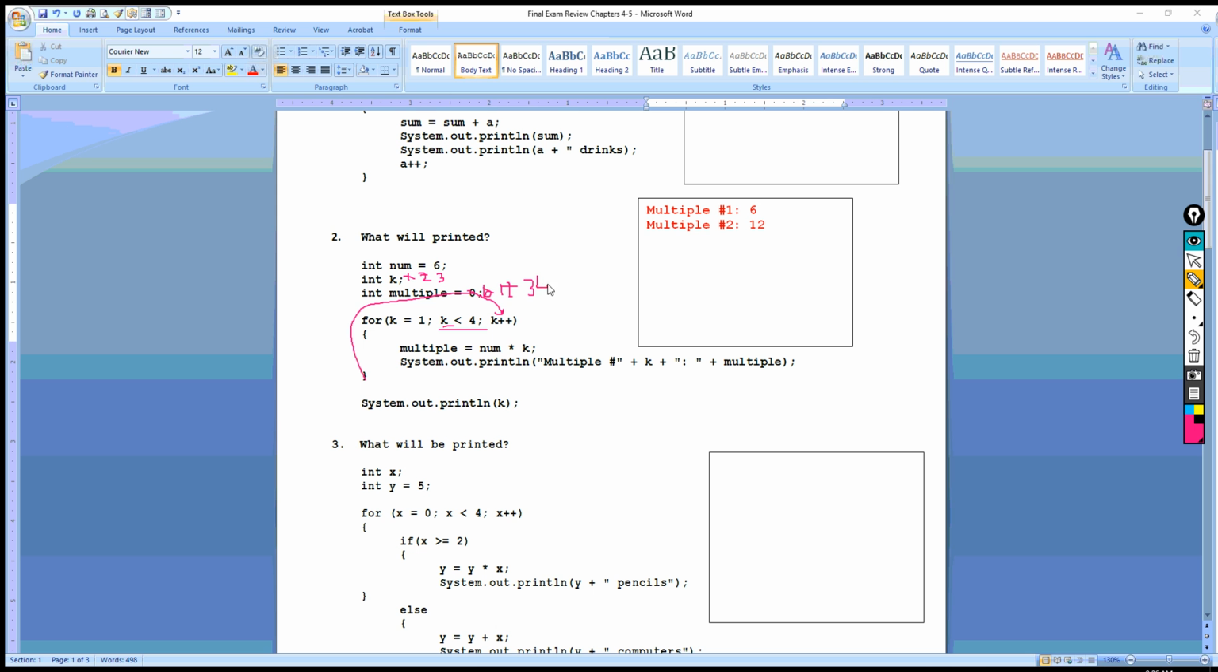So multiple number 3 is going to be 36. And then we go back to the update. K becomes 4. Is 4 less than 4, which it's not, so we jump out of the loop, and